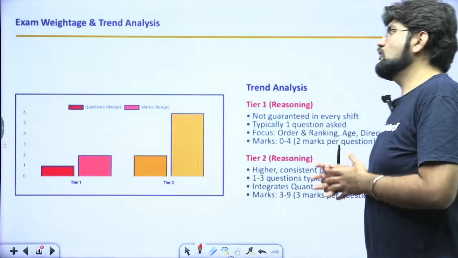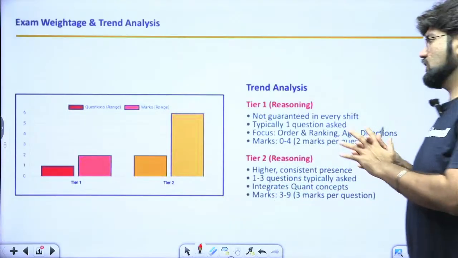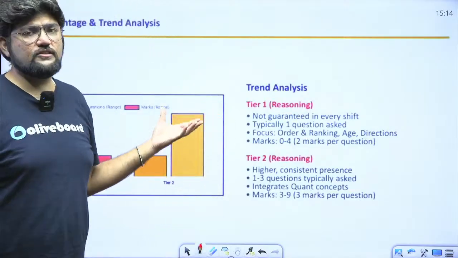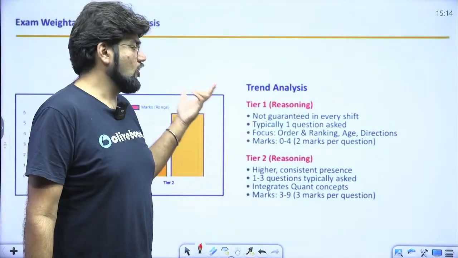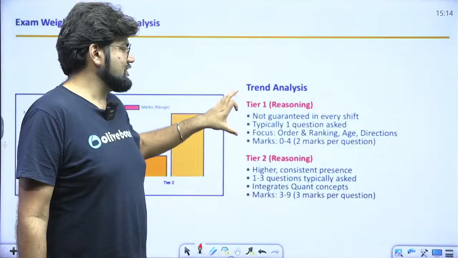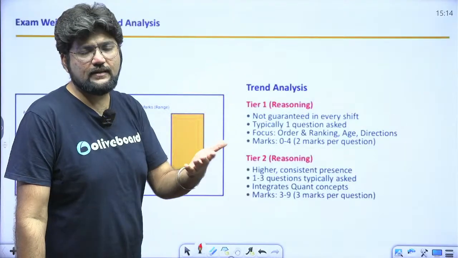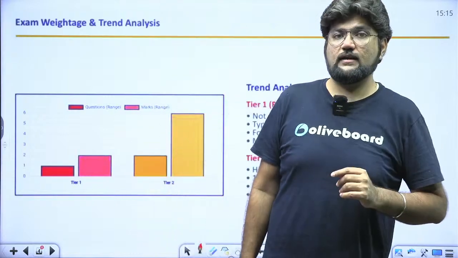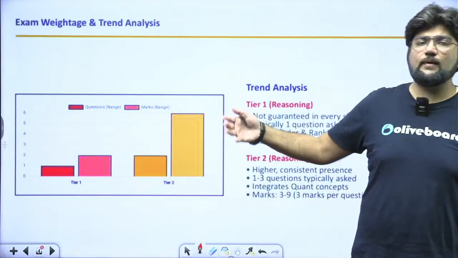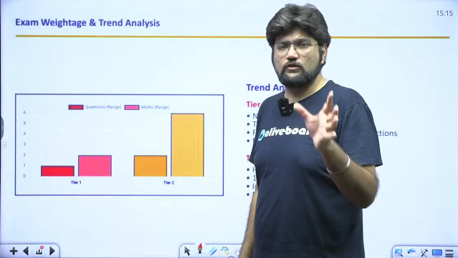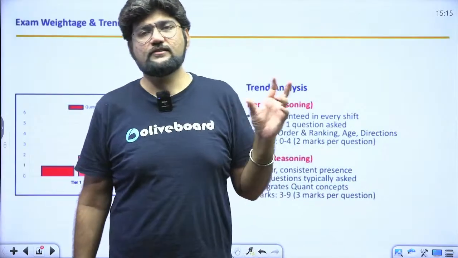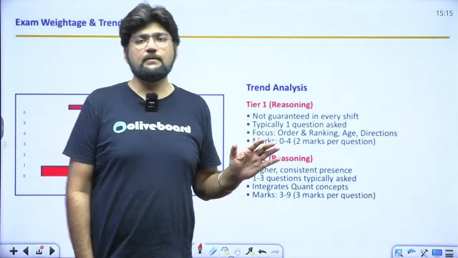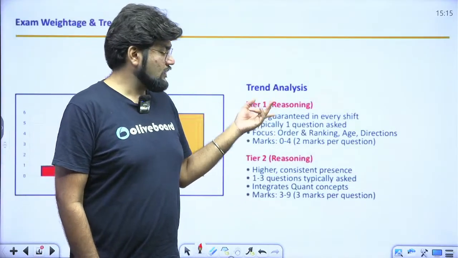Right now, if you look at the trend analysis for the last few years, this data is for 5 years actually, but I have only numbered it generally. I have only generalized the data. This is not accurate data, not absolute numbered data, but this says that in tier 1 also, and I have been always maintaining that it is not always expected in each shift that there will be a question from data sufficiency, but sometimes you can expect in one of the shifts you will find one question, not more than that. One question, and it will always be restricted to simple topics like order based or ranking based, arrangement based, simple data sufficiency based questions. But as soon as you switch to tier 2,